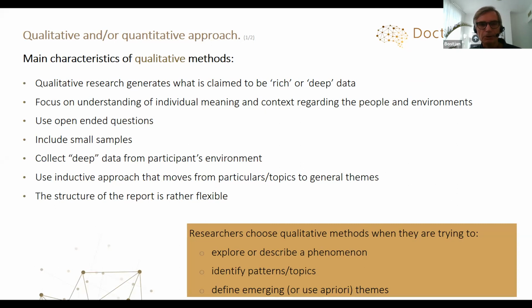The majority of you probably know anyway what the main characteristics of, let us say, first qualitative methods are. One of the really important things, and that is why we really like qualitative methods, is that it generates rich and deep data. So we are going into depth, and we really can extract important topics, or if you want, themes, which are linked to the understanding of meaning in the context regarding the people. That means your participants. Is it interviews one-to-one, or is it focus groups? It doesn't matter. Or environments, whenever you are trying to understand how things are running in an organization